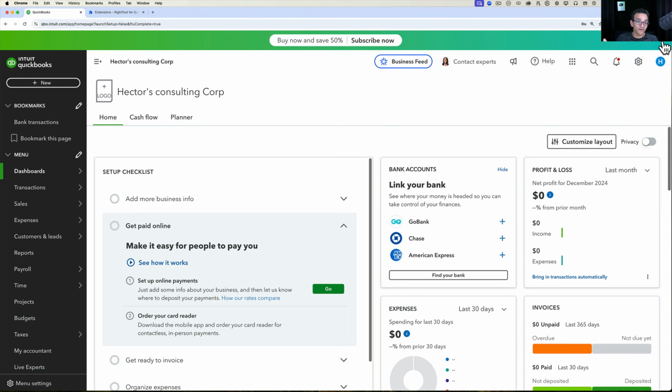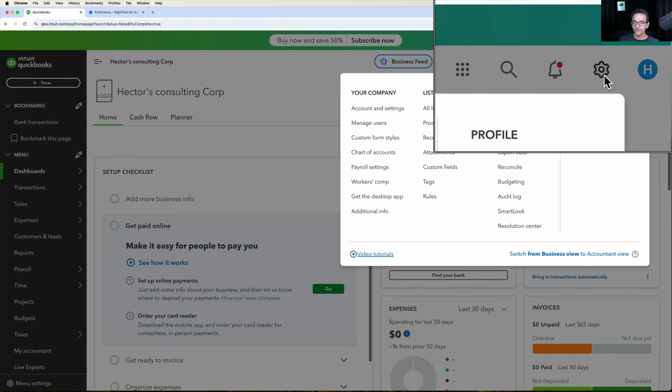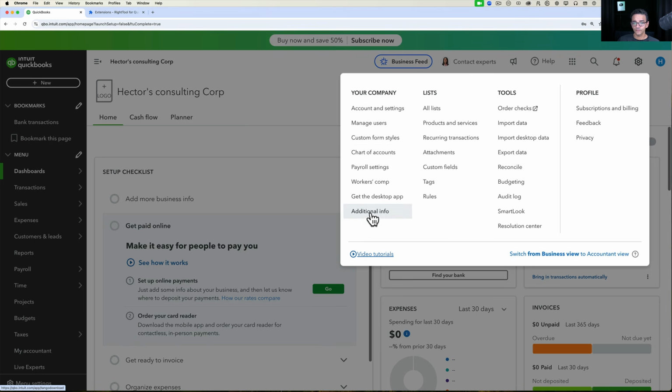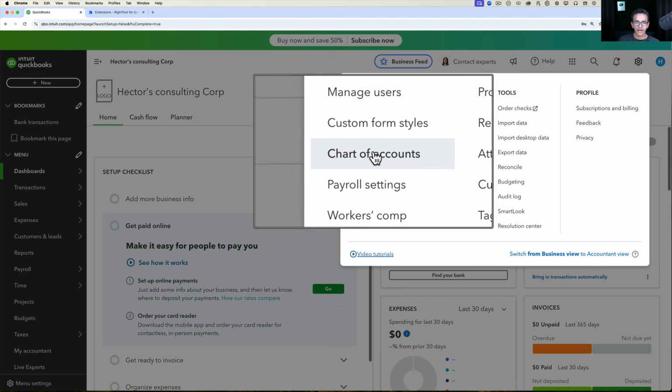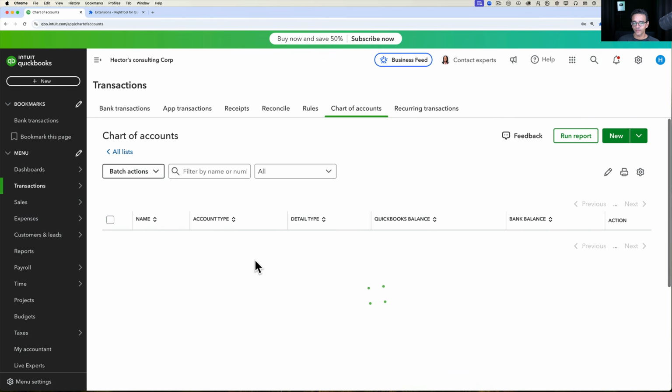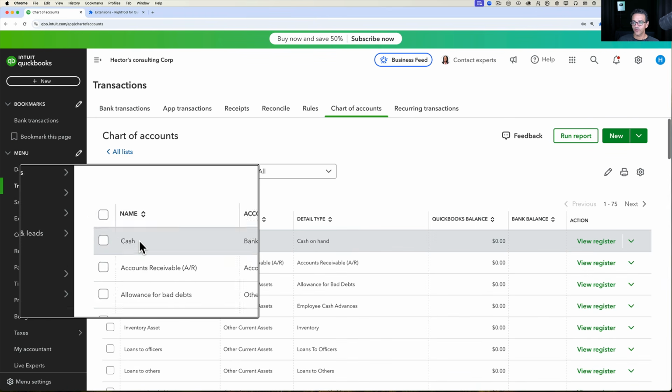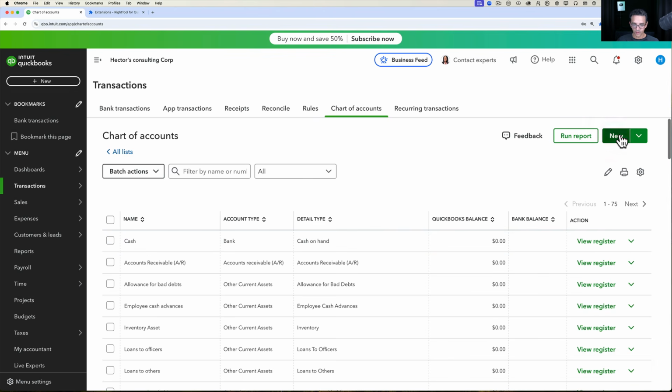Okay, so now I have a QuickBooks Online account. I don't have anything in it. I am going to at least create a bank account in which I'm going to pay payroll from, because that's sort of a fundamental piece of it. So I'm going to click on the gear menu on the top right and then go into the chart of accounts. Click on chart of accounts. And then there's an account here called cash. I'm just going to, for the sake of it, create a new account and I'm going to call this